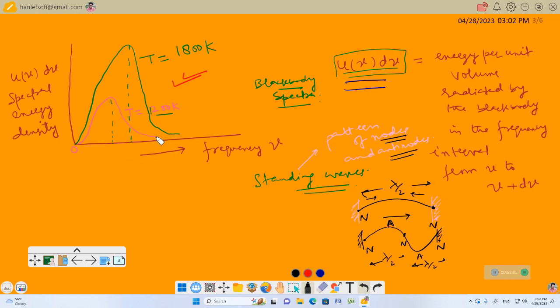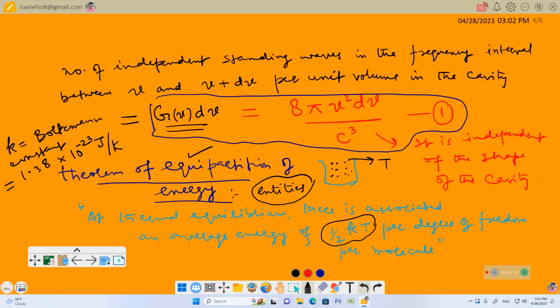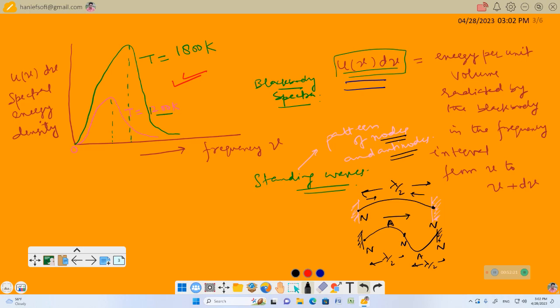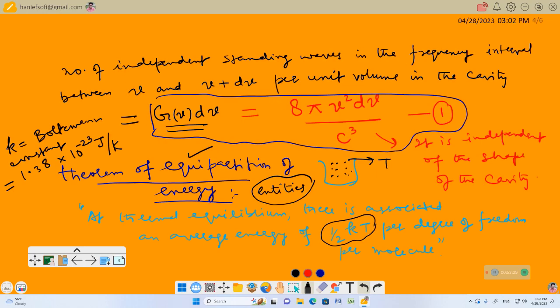Now, to explain these curves, at the end of the 19th century, there were two people, Lord Rayleigh and James Jeans, who attempted a solution of this problem. They considered the radiation in the cavity as a collection of three-dimensional standing waves. Then they obtained the formula for the number of independent standing waves in the cavity per unit volume in the frequency interval nu to nu plus d nu, then used the theorem of equipartition of energy to find the